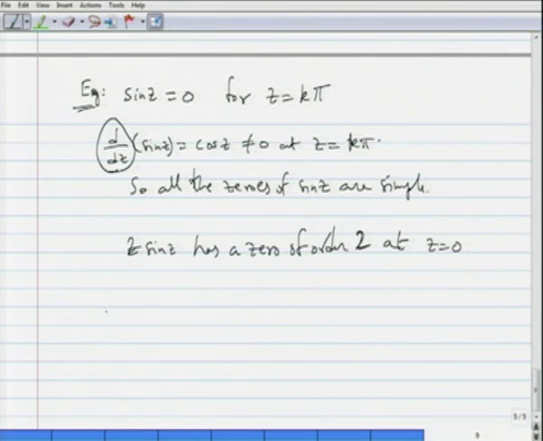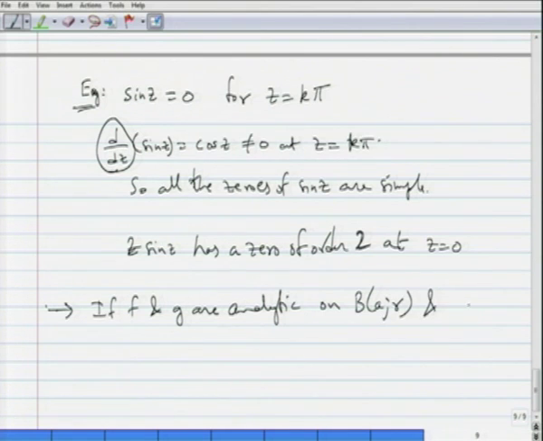So, I will actually state the following. Here is a fact, which you can prove easily by just using what we have done using Taylor's theorem. If f and g are analytic on B(a, R), and f(a) is equal to g(a) is equal to 0, and if N_f is the order of zero